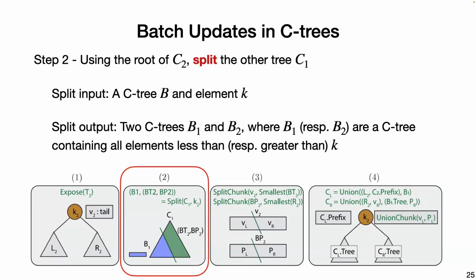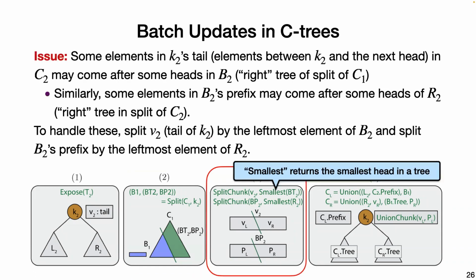So you would get this element K, and this is your tree, and then you cut it based on the key that you got. Okay. This is a lot of details, but at a high level, you can't just recurse on these 2 halves directly because you might have some issues. For example, you had a tail here for the root in the first tree, and then you have some prefix in the second tree, and you might have